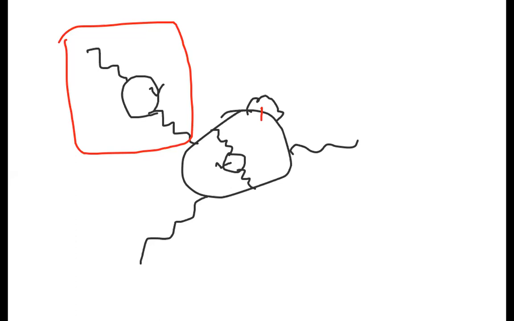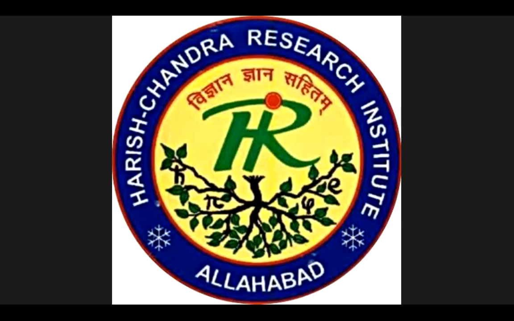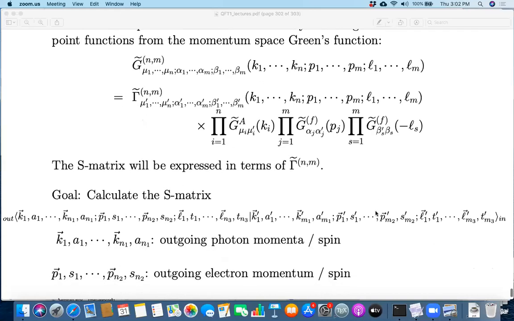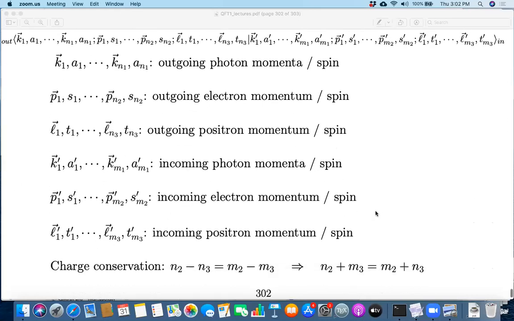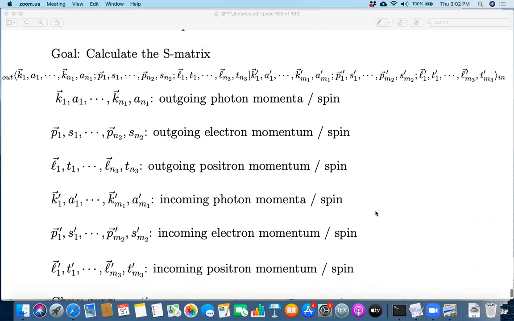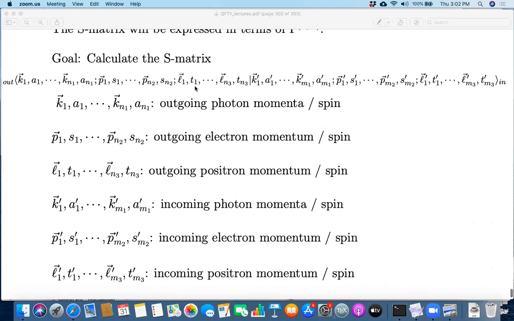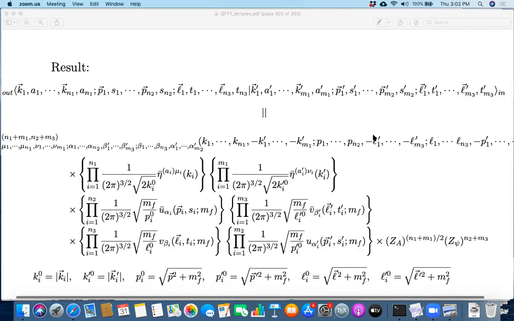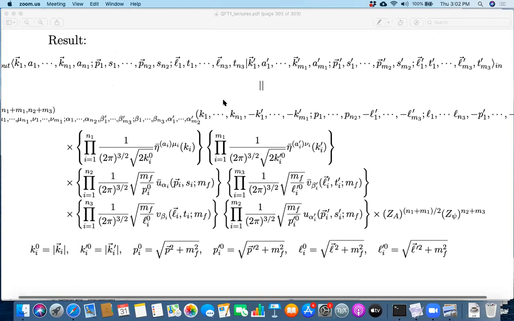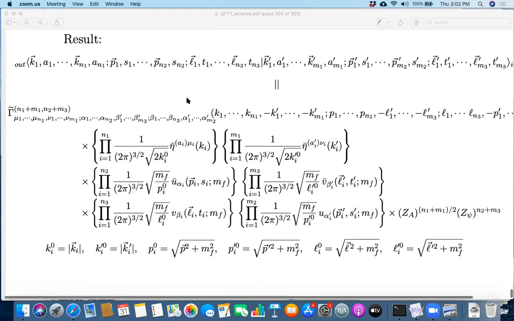Okay, so maybe I'll just do one thing. I'll show you the formula and then I'll stop. Next time we'll continue with this. Basically, what we'll do next time is to write down the expression for the S matrix. The S matrix will be characterized by a set of incoming photons, incoming electrons, and incoming positrons, and outgoing photons, outgoing electrons, and outgoing positrons. So the S matrix will be a function of all of those quantum numbers. And basically, what one can show by following exactly the same route as in scalar field theory is that there is an explicit expression for the S matrix that you can write down